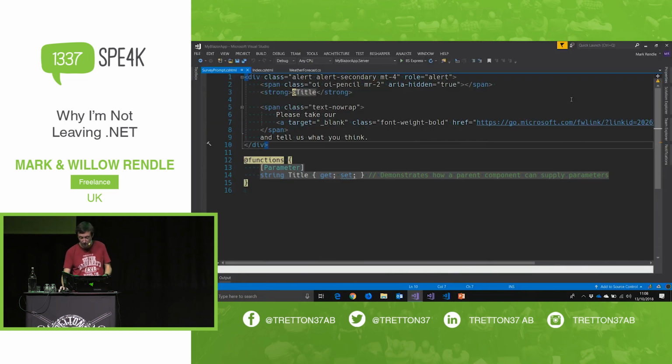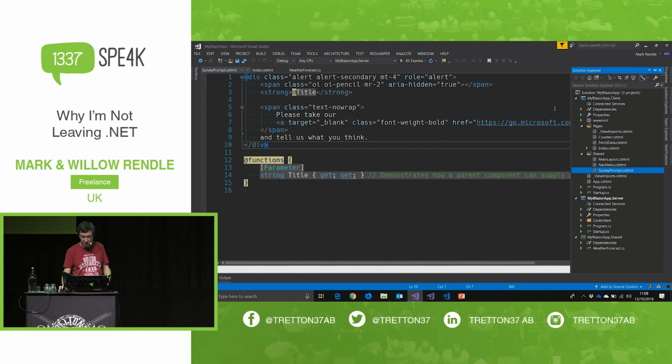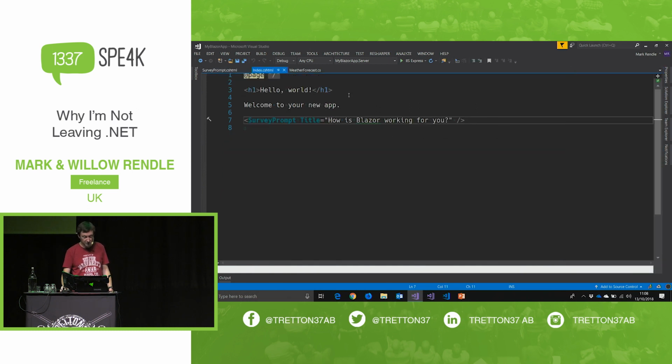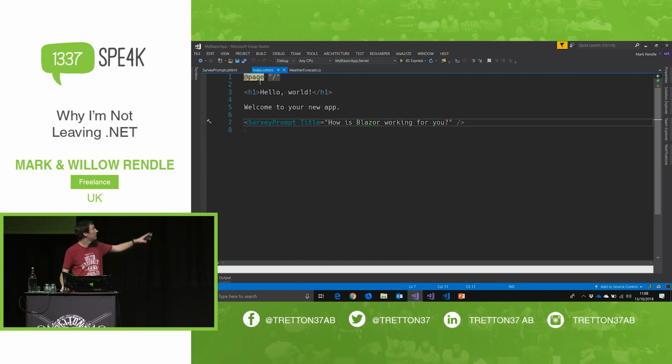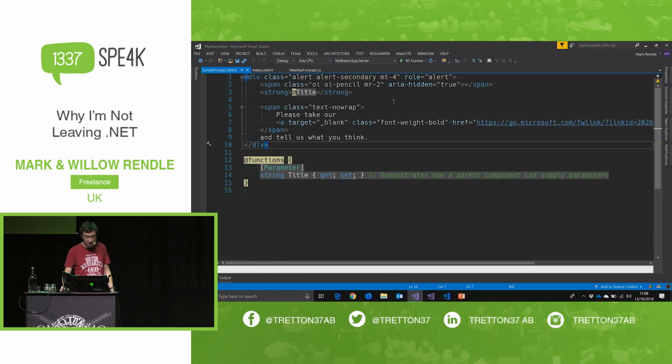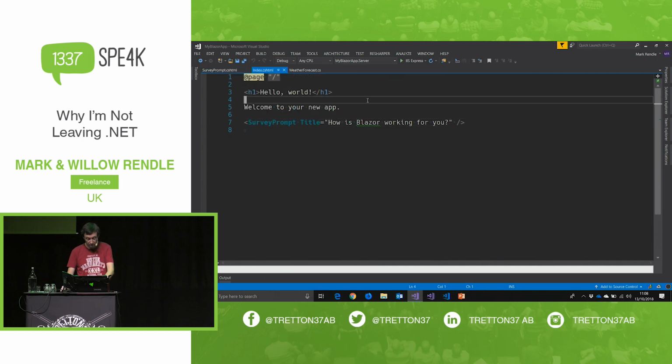Here's a Blazor app, and this is just a standard Visual Studio thing here, and we've got some pages, and this is just Razor. We've got an app page to tell us what the URL of this page is. We've got this survey prompt object here that goes over to this survey prompt control here, and it's just Razor. We've got strong the @title. We've got some functions down here to have a property and so forth. And if I run this